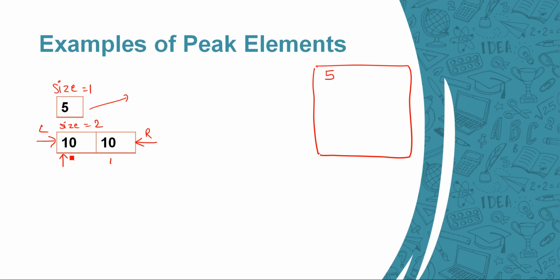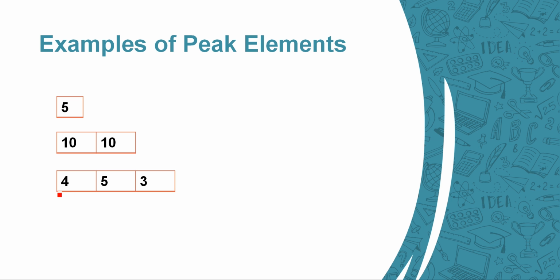So let's take this example, this element 10. According to the definition it should not be less than or smaller than its neighbor. So yes, it is not smaller than, it is equal. So in this case this 10 is a peak element. Now what about the condition with this one? This 10 is also not smaller than this neighbor, right? So again this 10 is also a peak element. So in this case both the elements will be termed as peak elements.